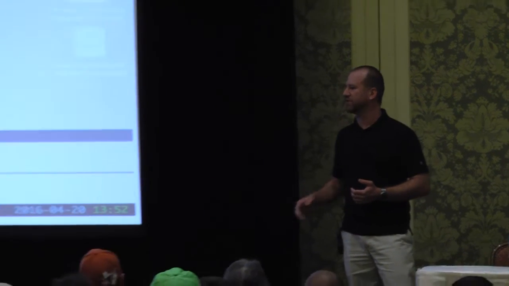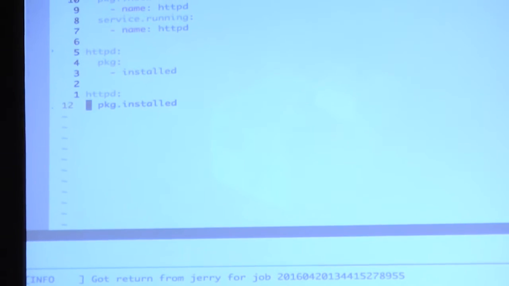You can group more than one state under a single ID, as I have here, right? That's totally valid. When you do this, I would suggest doing this for a reason, right? These two states are always going to be run together. These two states are always going to be reasoned about by a single thing. I'm going to always do these in pairs. And so maybe this is not the best example for that kind of thing, right? I can foresee wanting to install Apache on a system but not start the service if I need Apache installed for a development library if I'm compiling against it or something like that on a build server that's not running the Apache server but needs Apache installed. And so for that instance, I might separate those two states. But if I'm building out web servers or something like that, then group them, but do so on purpose, specific